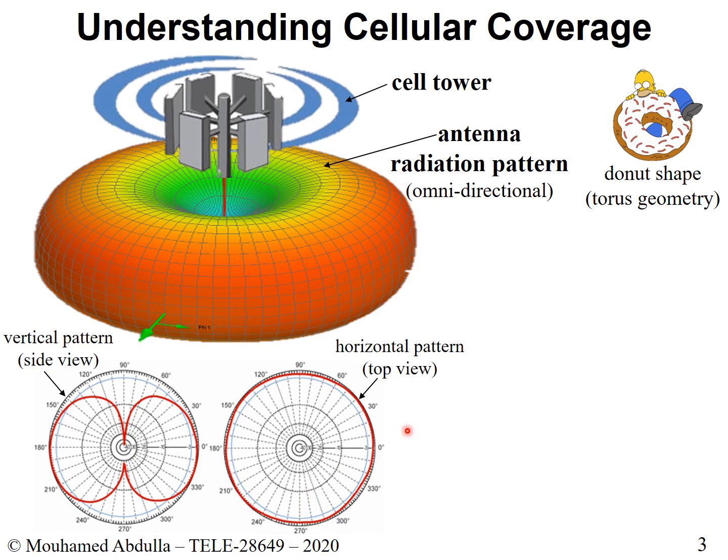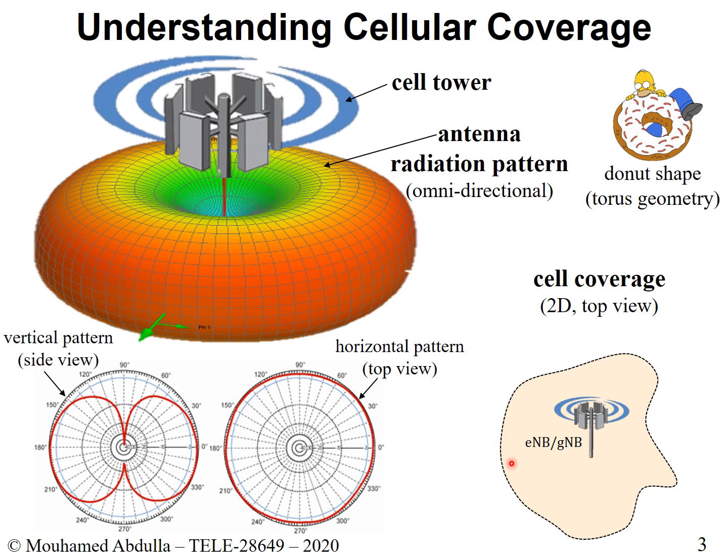Now, you might then say, well, what happens in real life? How do these types of radiation happen in real life? Well, in real life, we'll show you some examples, and then we'll see how to model it. So let's say we have some antenna, some eNodeB or gNodeB, depending on what the case might be. This is 4G, this is 5G, and we are interested to look at the cell coverage from a top view, from the top, like this, in a two-dimensional way. This is not two-dimensional, but the footprint of the network, we will look at in two dimensions. So one example that you might have might look something like this.